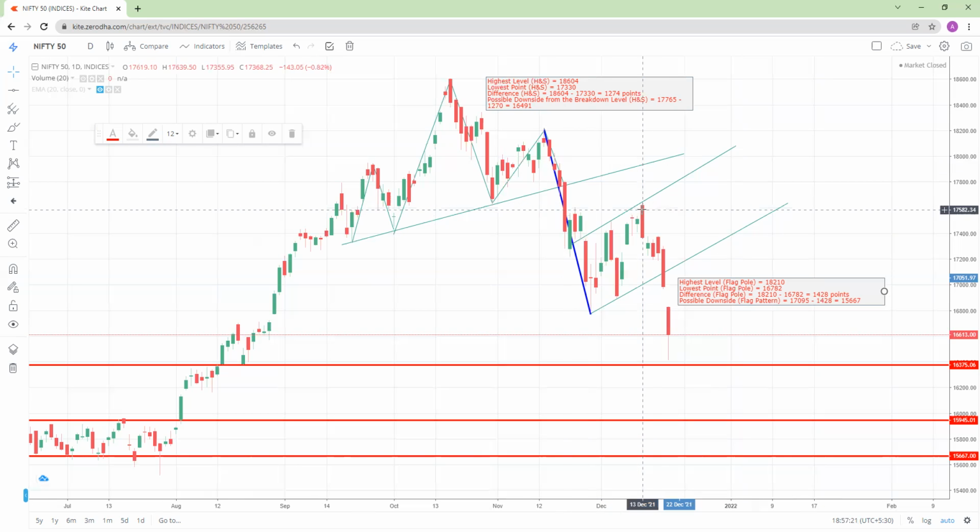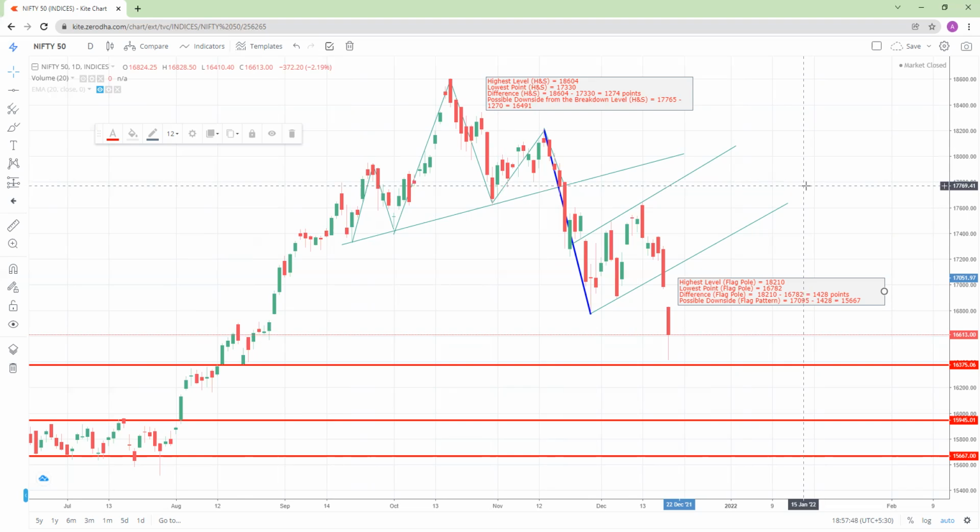So how we had predicted that Nifty 50 could touch 16,500 in the coming days, first of all, we are going to explain that so that you can learn also and make a note of things for your future references. Please observe that these videos are only for your educational purposes and we have no intent to promote any trading or selling in Nifty 50 or any of the stocks that we provide information on.